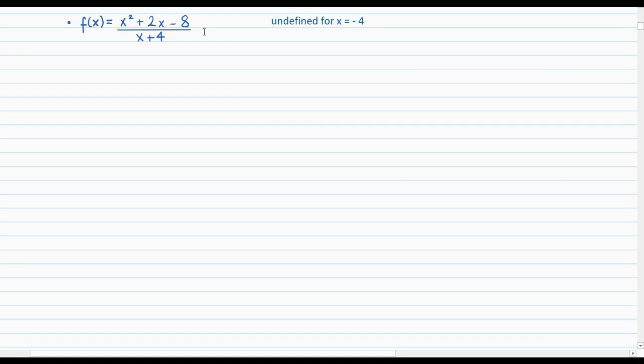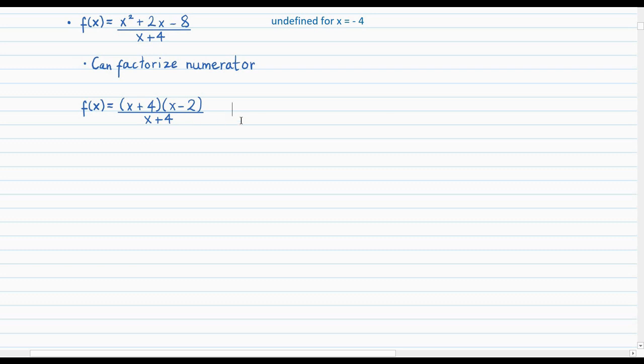So this looks like a pretty complicated function, given that it contains x terms in both the numerator and the denominator. But it can be nicely simplified by factorizing the numerator. The numerator can be factorized into x plus 4 times x minus 2. This allows you to cancel the x plus 4 terms in the numerator and denominator, giving the function as just